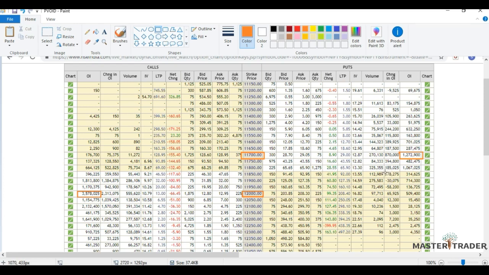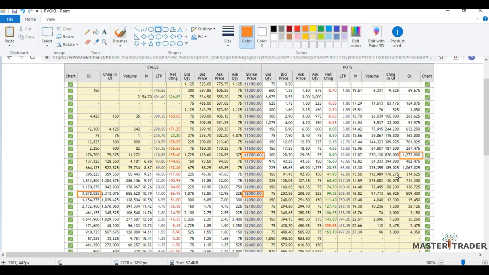So as we discussed, the positive on the put side means that these guys are bullish at that particular level. Now if it's negative, it can mean two things: that people are exiting their positions,